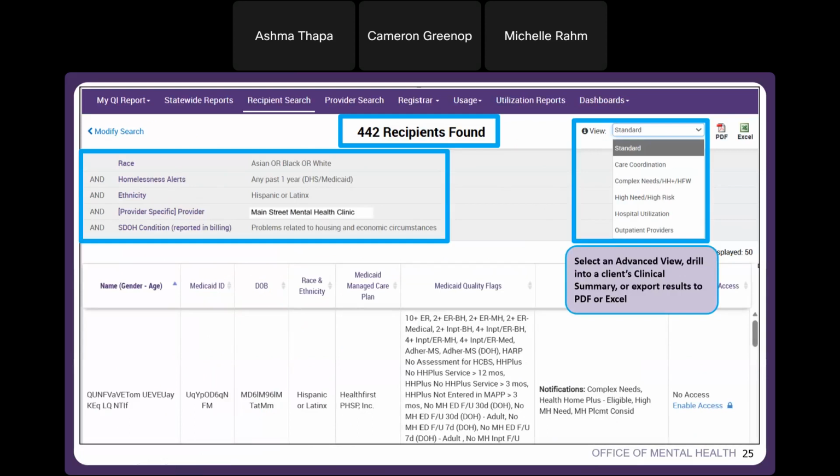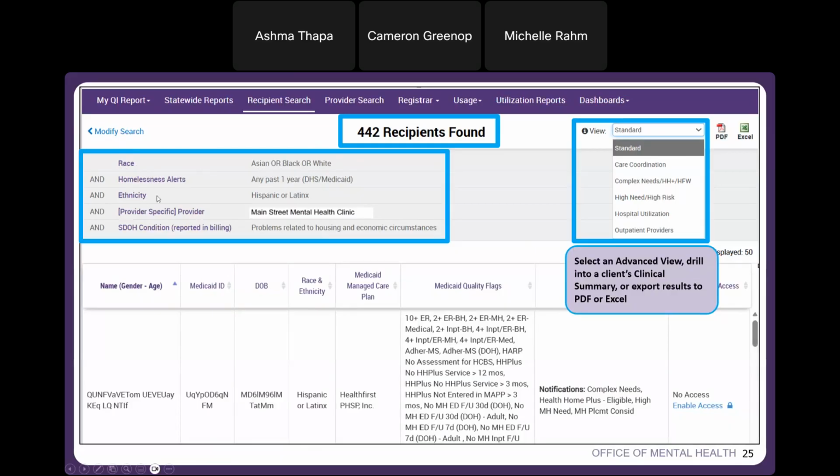So now that we discussed some of the filters that you could use in PSYCKES, let's actually run the search result and see what it looks like. In this instance, we have a couple of different filters selected. We have race, and as mentioned before, when you multi-select here, it's going to use this OR logic. So we have Asian or Black or white.